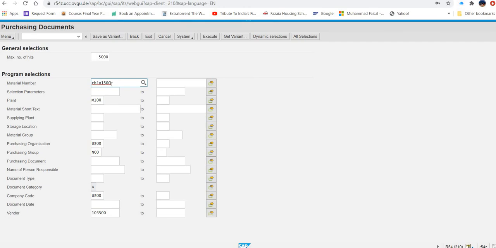Make sure that all other search fields are blank and click on execute. Let me search whatever they are saying accordingly. Let's go back.